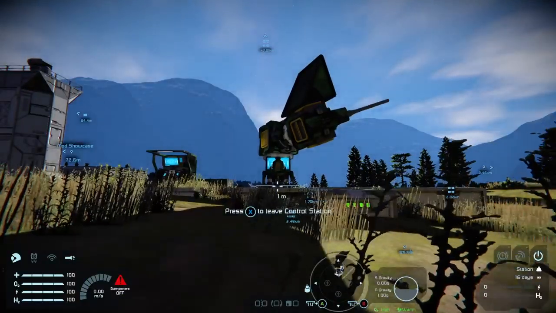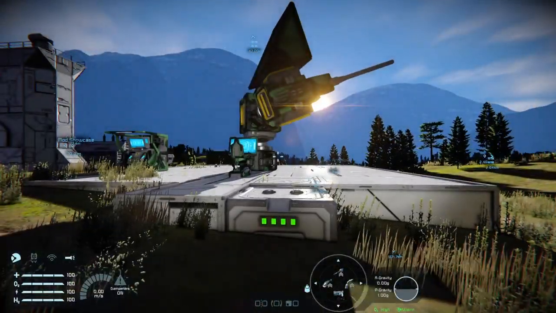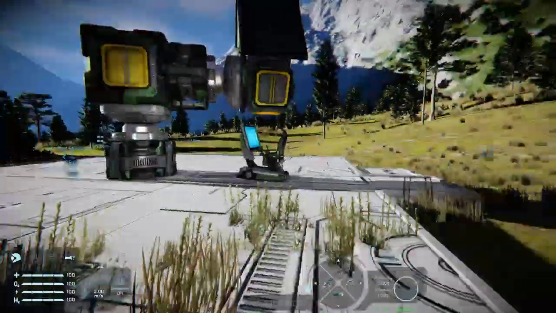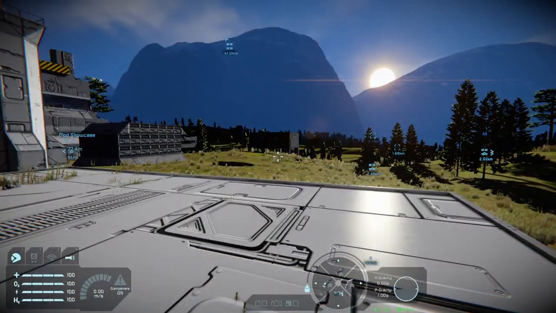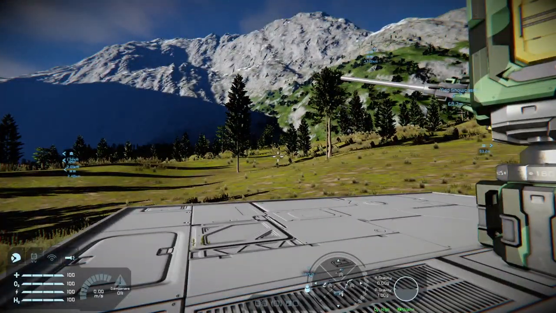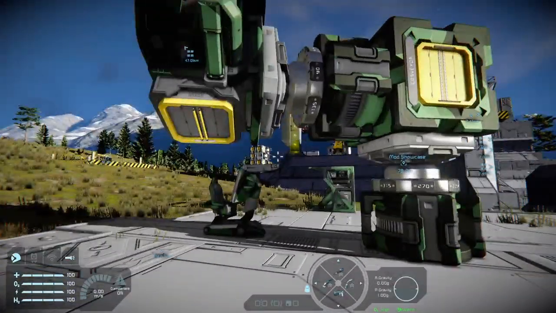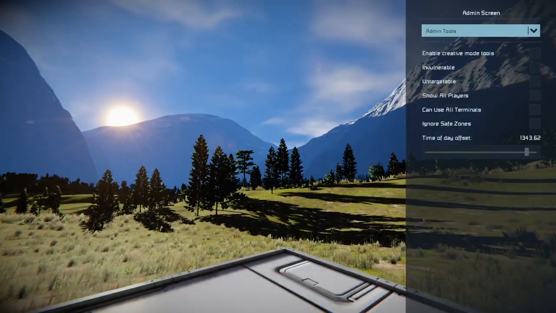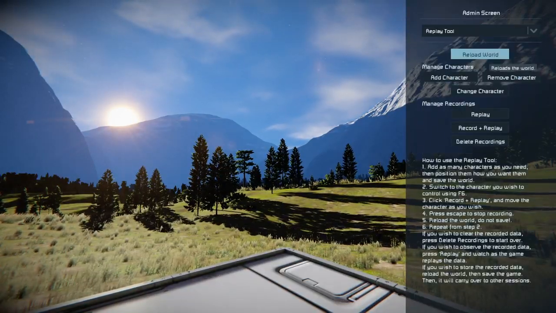And you can give this over to the AI. And we'll just quick save. Again, both bumpers and the X button will quick save. There used to be a quick load, but it conflicted with the auto dampeners, which is RB, LB, and Y. So if you want a quick load, a quick saved game, you need to open up the admin screen with RBY, change the drop down box to replay tool, and just hit reload world. It does the same thing.